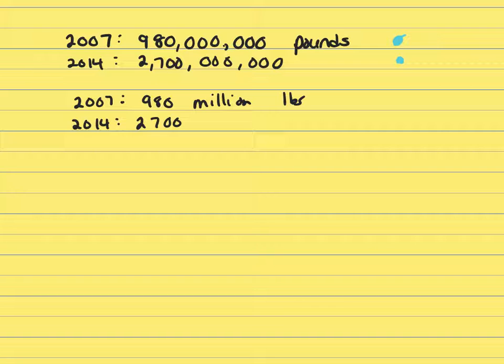2,700 million pounds. Because if you added 6 zeros to this, it would change it to billions. So 2,700 million pounds. All right, so now what we need to do is find the difference between 2,700 minus